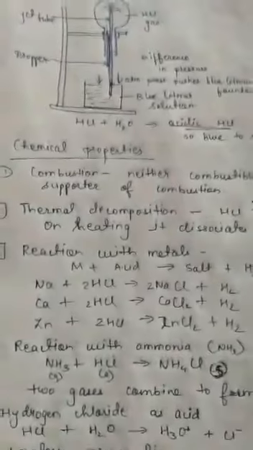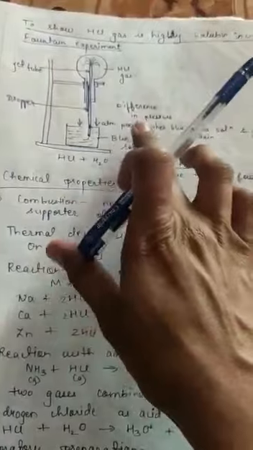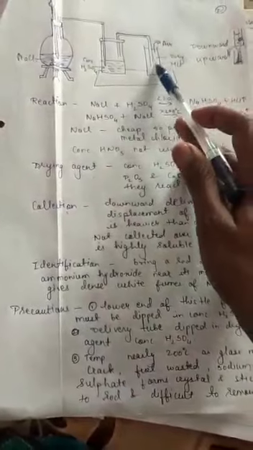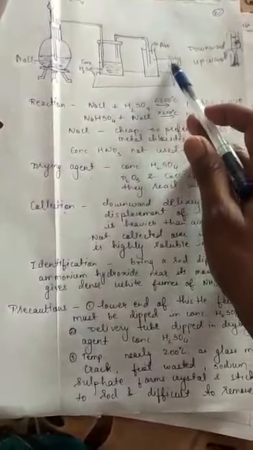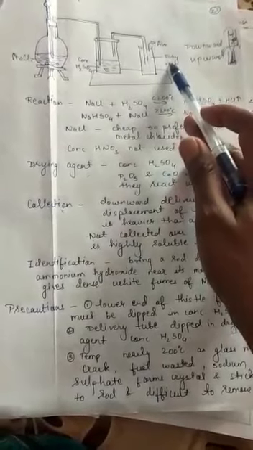So this is the laboratory preparation of HCl gas. Now, as I said, HCl is highly soluble in water. So how do we detect the solubility of HCl? This is a very important experiment, that is the fountain experiment. Now, whenever HCl gas is formed, how do we know that this gas is formed? There are identification methods for this. So how do we identify that HCl is formed?